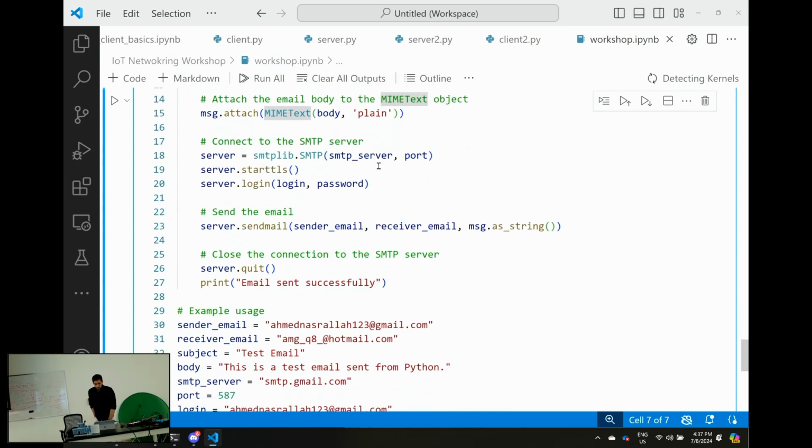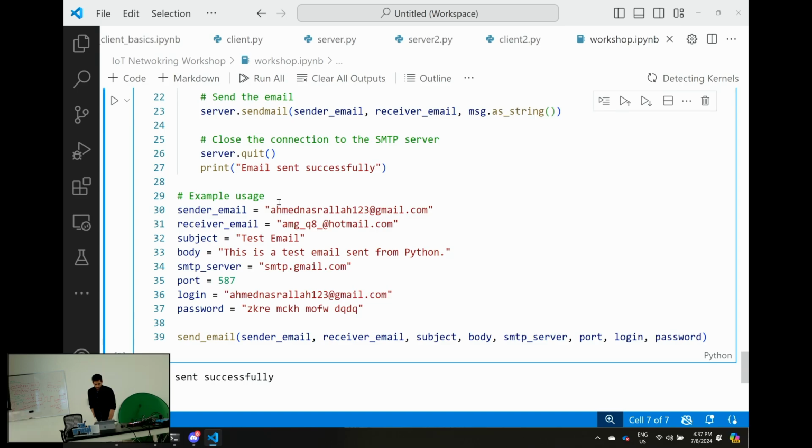So the way this works is, this is just an example. Your sender email, whoever, it's up to you who you want to make it. The receiver could be your other email, let's say, or someone's email. Some subject, the actual subject of the email, the body of the email, it could be anything. And then these two parts, SMTP server and port number,